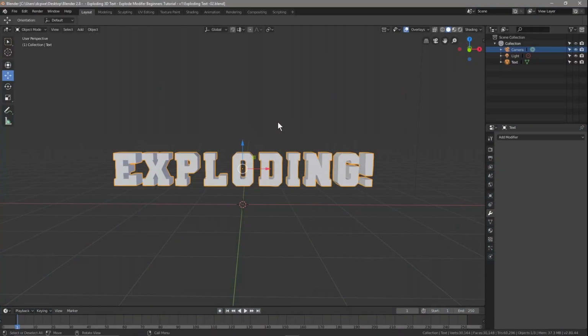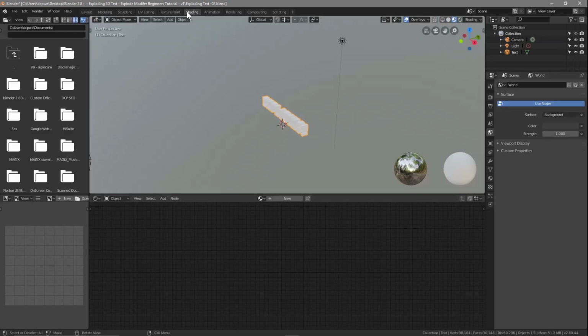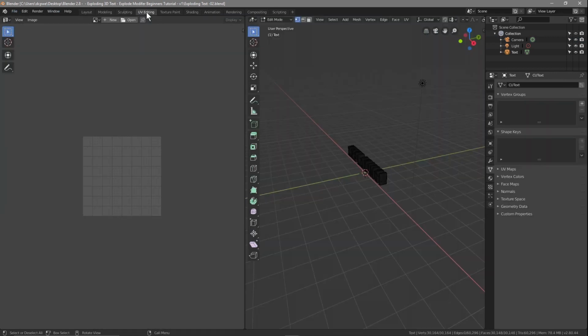And the first thing we'll do is let's add that material to this text. So let's go to our render view for now. Let's go to the shading. In fact, before we go to shading, let's go to UV editor. And in the UV editor, let's press B on our keyboard to box select. So you press the letter B and then drag your mouse over the text, and that will select all of